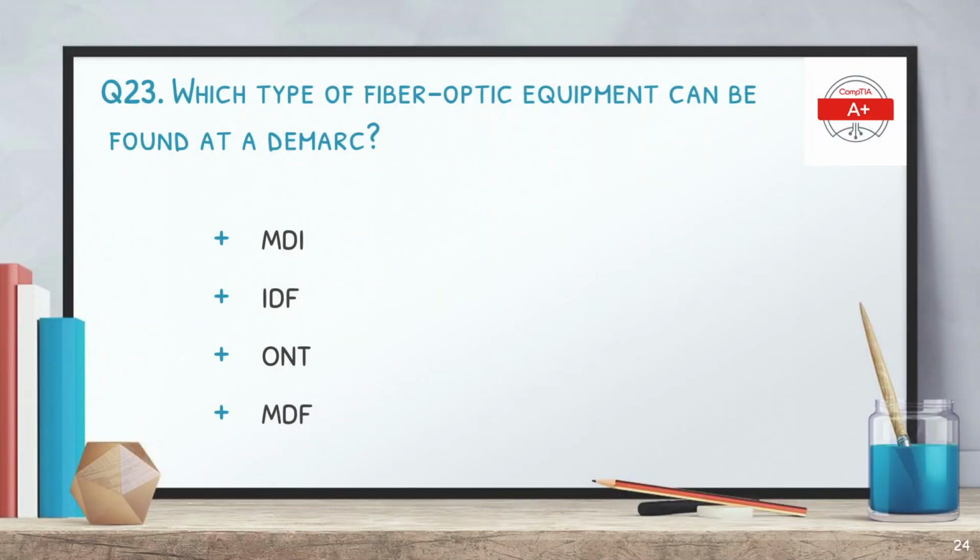Question number 23 is which type of fiber optic equipment can be found at a DEMARC? And the options are MDI, IDF, ONT, and MDF. DEMARC is the demarcation point. It shows where the ISP network terminates and the customer premises and the customer cabling starts. So the correct answer is ONT,